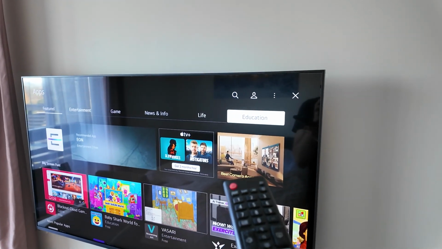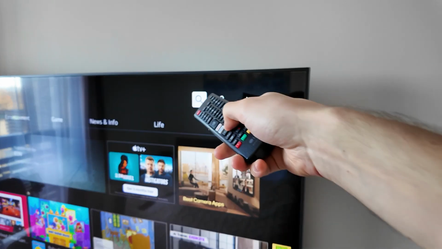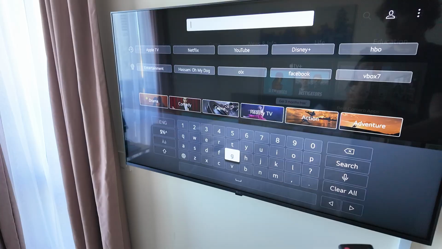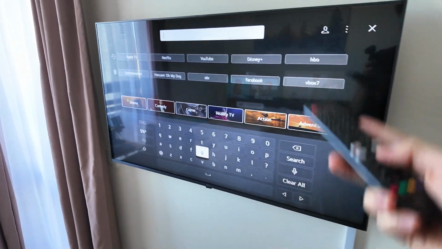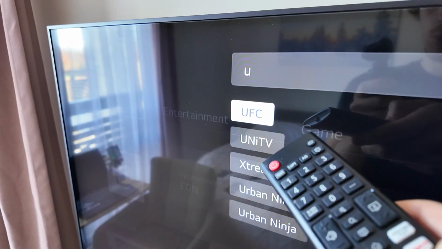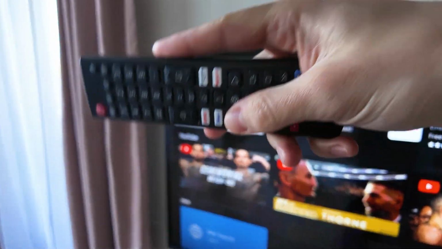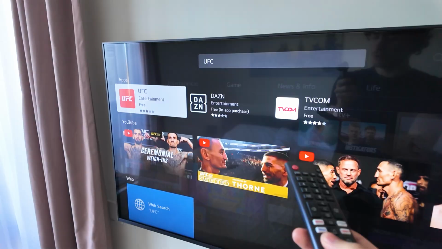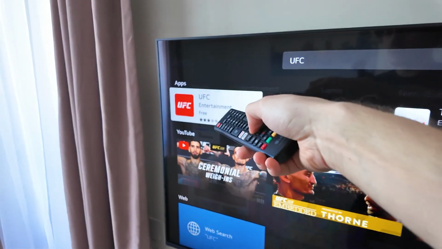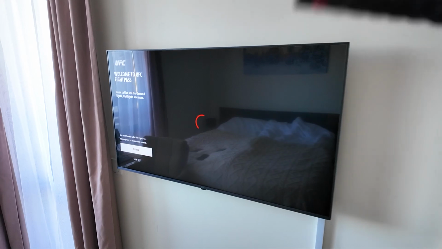right corner of our screen and find this search icon. We click on that, and then using this virtual keyboard, we need to type in UFC. So once you found it, you click on UFC, and then in this new app line, which shows both installed and uninstalled applications on your LG TV, you just need to press OK, and then it starts either launching the UFC